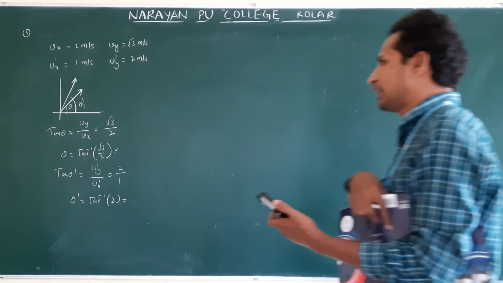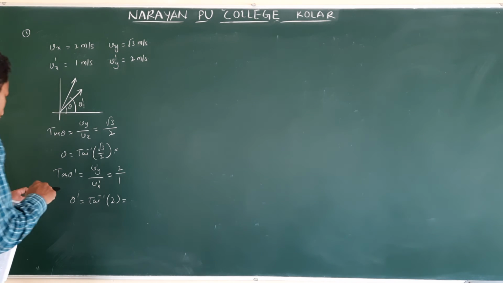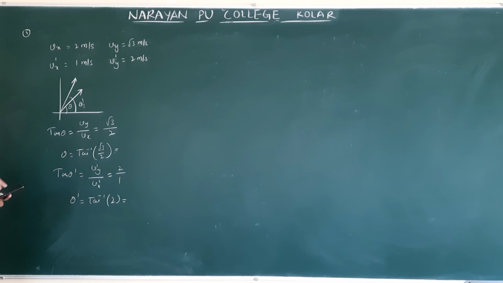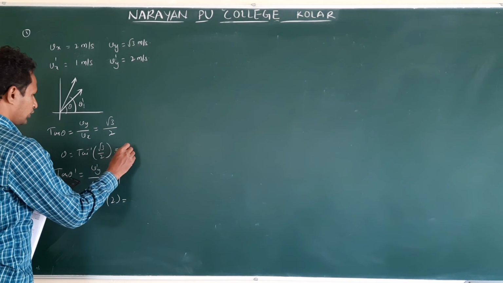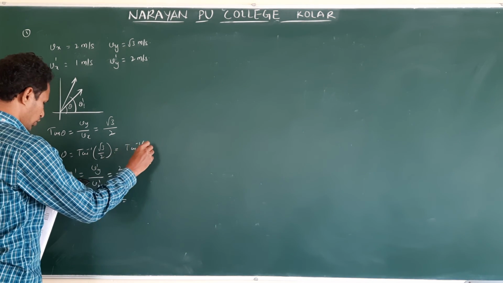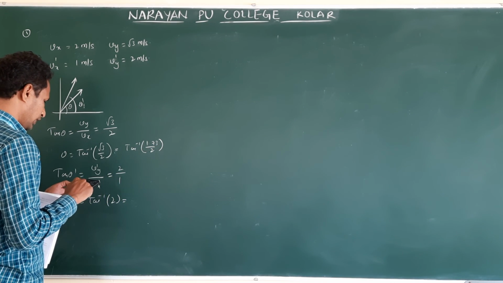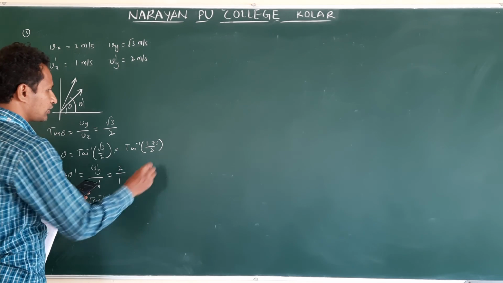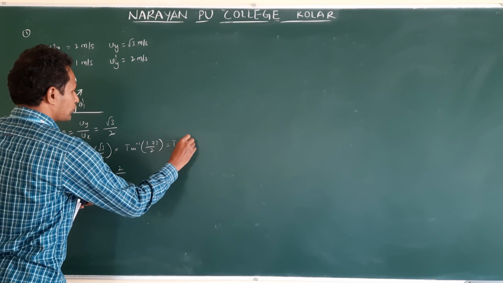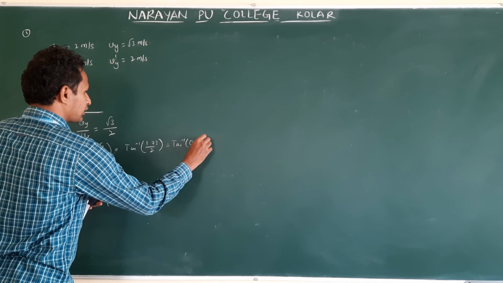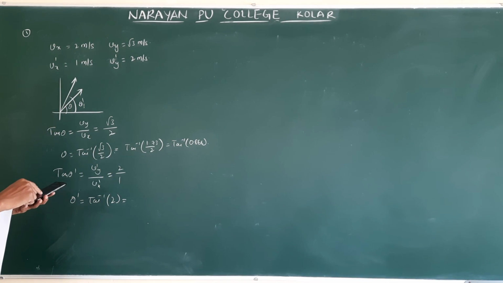Clear. So now tan inverse of root 3 by 2. I am calculating this using a calculator. If you have a scientific calculator, you can use it, no problem, to find this. Okay. This is tan inverse of 1.73 by 2, because that is the root 3 value. This is equal to tan inverse of 0.866. Clear? Okay, now I am calculating the tan inverse value.